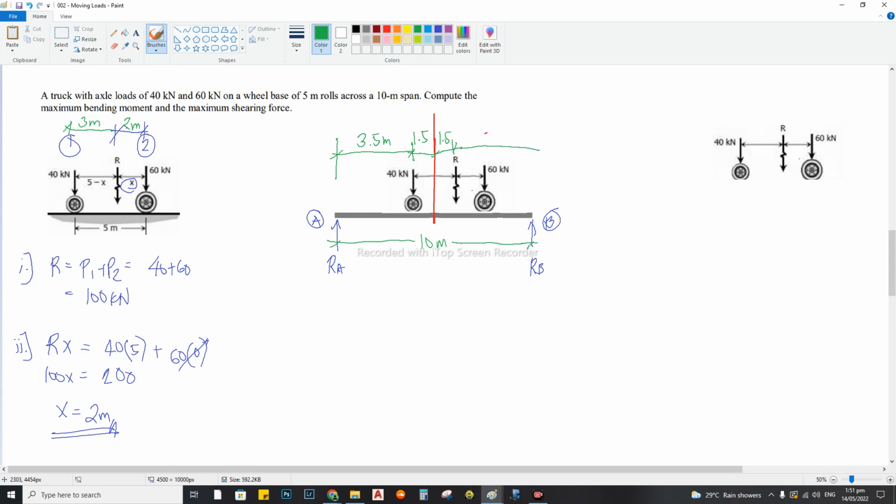Same ra gyapon diri nga side. Sorry, si axle 2, yung distance from the outside nga support or from the support B, so naa tay 1.5 plus 2 meters, this is 3.5. So ato pa, this is 1.5 meters from the support B. The R pod, of course, si R is just 3.5 meters from support B. So unsay buhaton na to. So after getting these values,